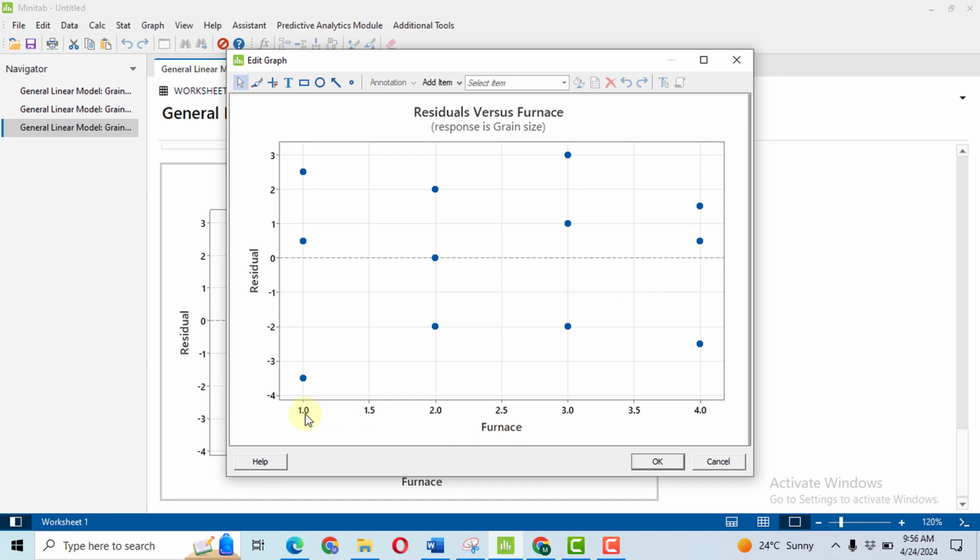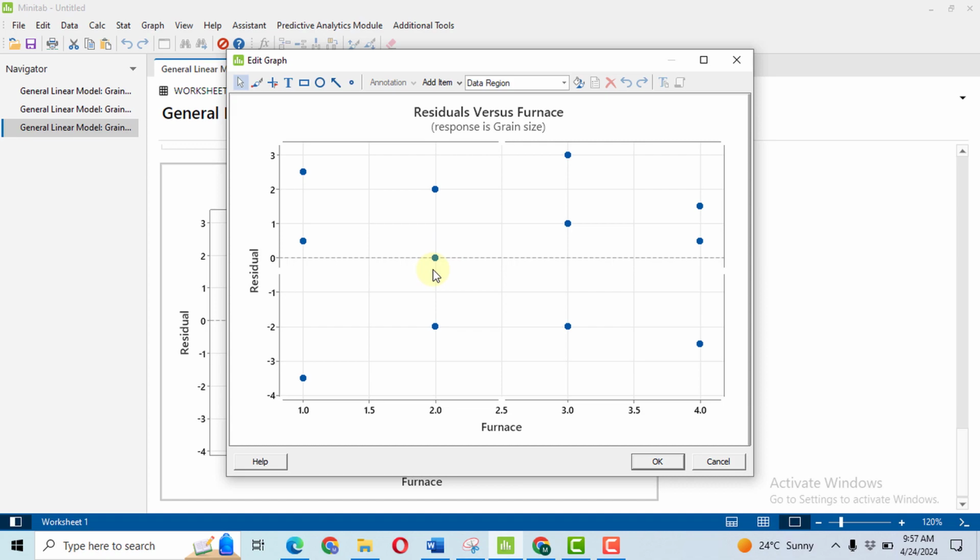Again, there are four furnaces: 1, 2, 3 and 4. The maximum variation is for furnace 1 and the least one is for furnaces 2 and 4. There will always be differences in the variation for each of the levels. However, here you got the least value of the residual at -3.5, the highest at 2.5. And for example, for one of the levels, if you got all of the values very near to this central dashed line,